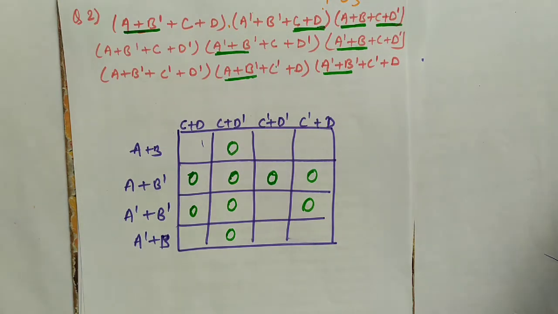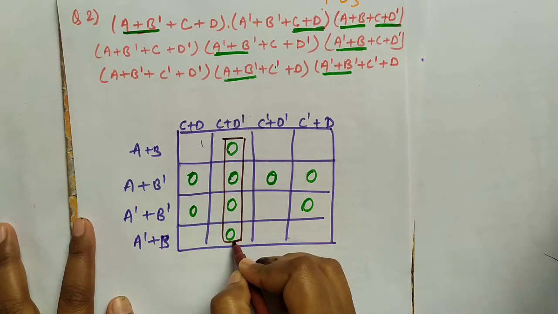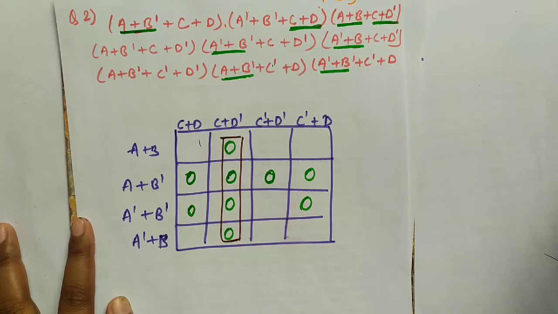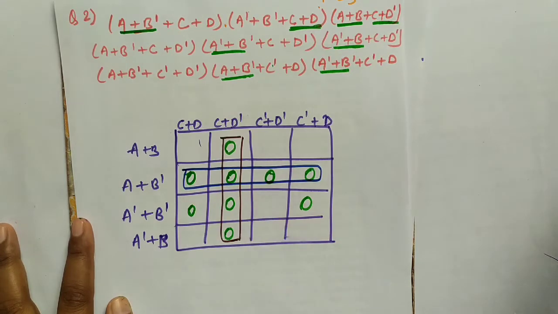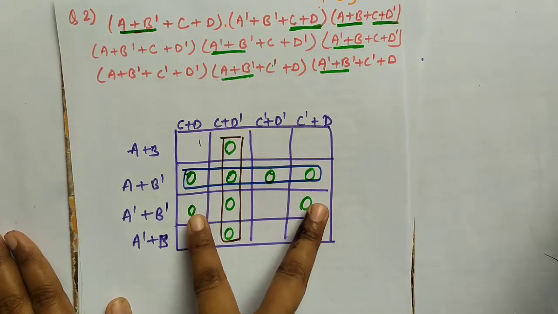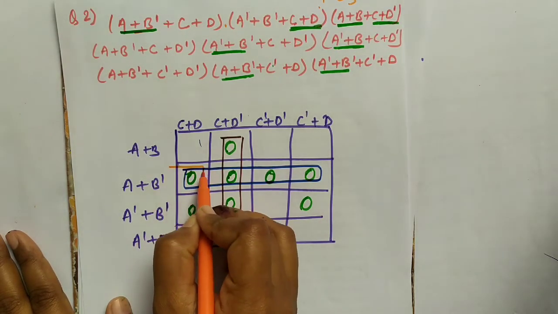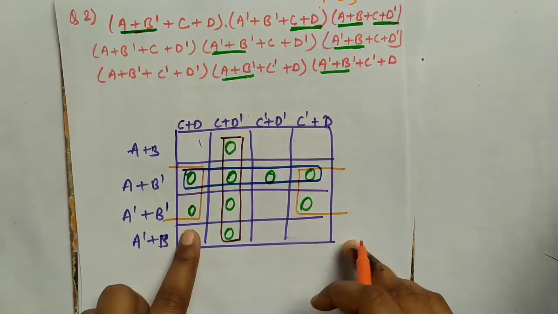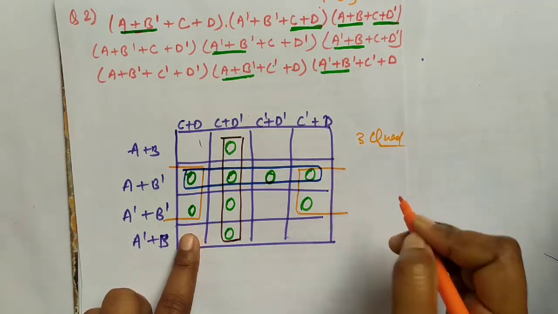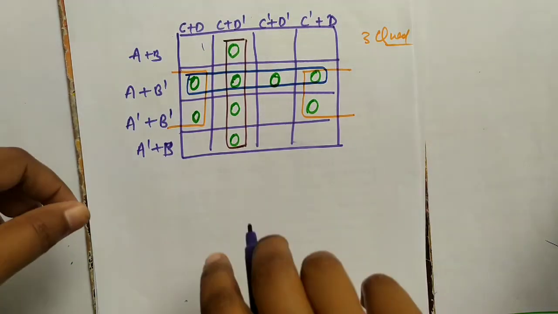So let's make a pair or quad. Here we make a quad, that means these are 4 values, it is the first quad. Then the second one also makes 4 values, so it is also a quad. Two values are left, these 2 values could make a pair, but we can also make a quad. So here we have 3 quads. Let's solve this. First quad is this.